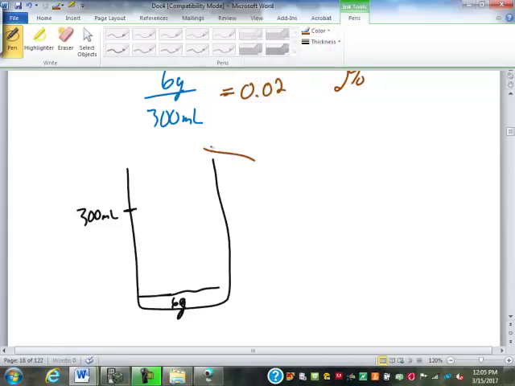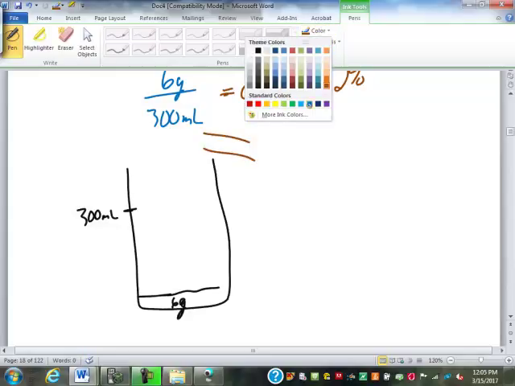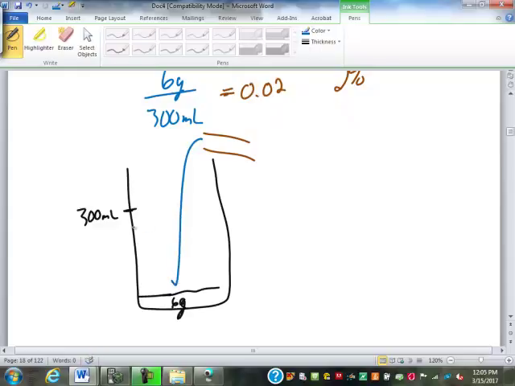You're just going to pour in saline, get it up close to that mark, and stir it really well, because after you stir it, the volume actually should go down a little bit as the medication dissolves into the water, into the saline. And then you're just going to keep slowly adding and stirring until that level gets up to the 300 milliliter